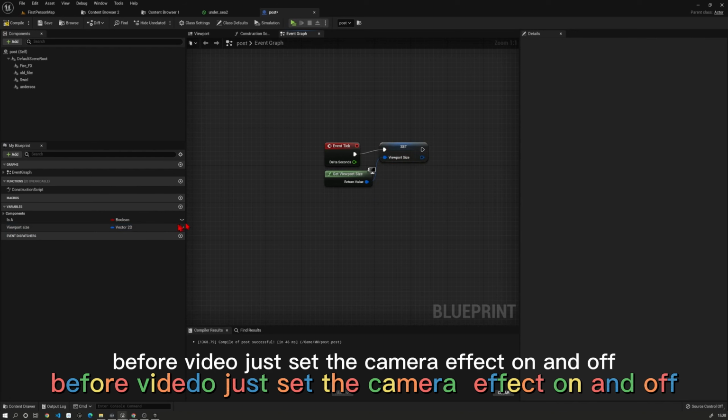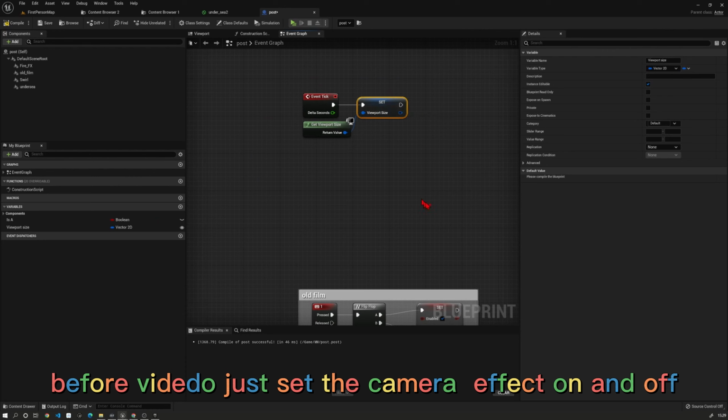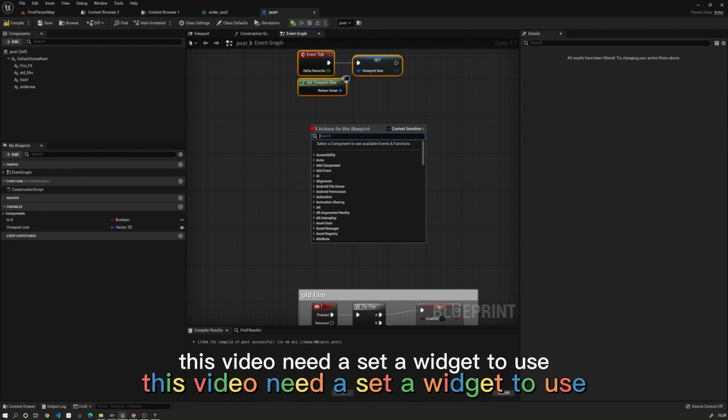Before the video, just set the camera effect on and off. This video needs a widget to use.